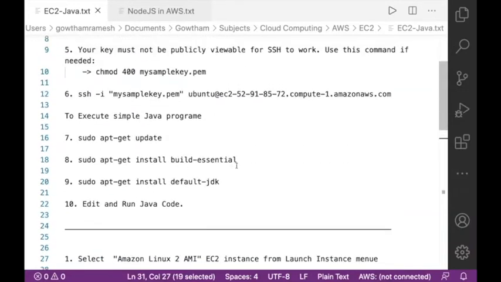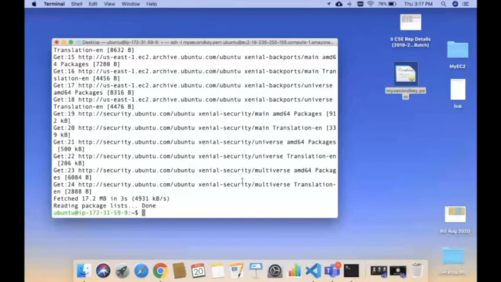Before installing the necessary packages for Java execution, you have to install the essential packages. So you can say sudo apt-get install build-essential. This will install all the essential packages to run your installers.